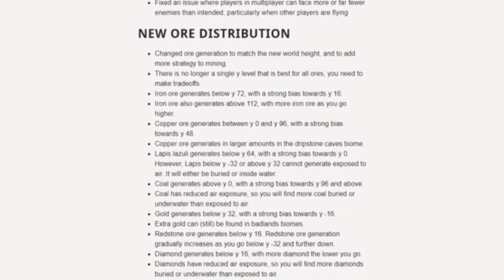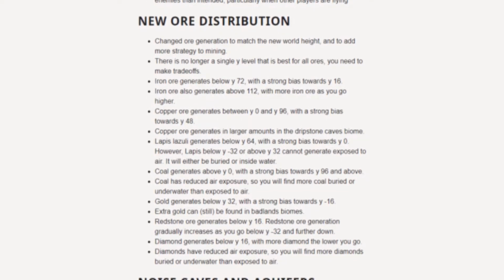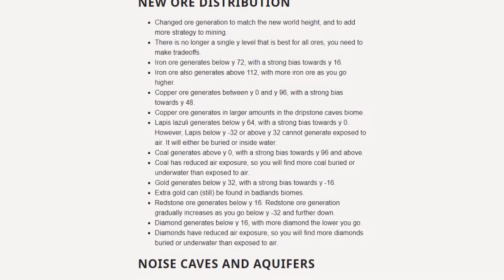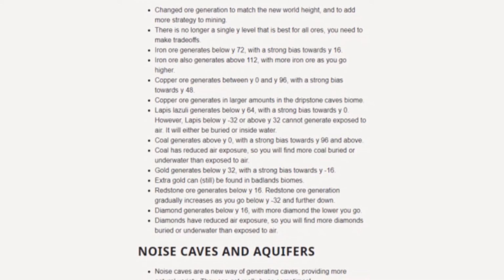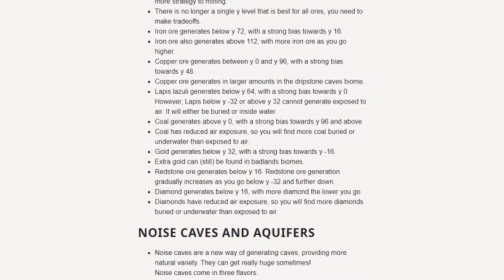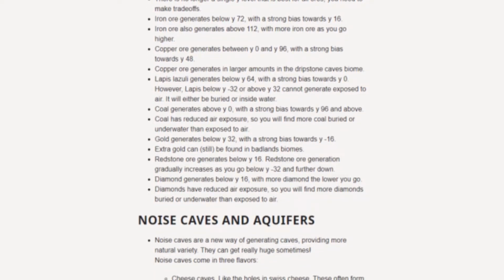Lapis will generate below Y64 and will have a bias to Y0. However, between Y32 and Y-32, lapis will not generate exposed to air. Coal will be generating above Y0 and favourable to Y96 and up. Coal will generate with reduced air exposure, so you will find more of it if you're digging around. Gold will generate below Y32 and will have a bias to Y-16, with extra gold still being available in the